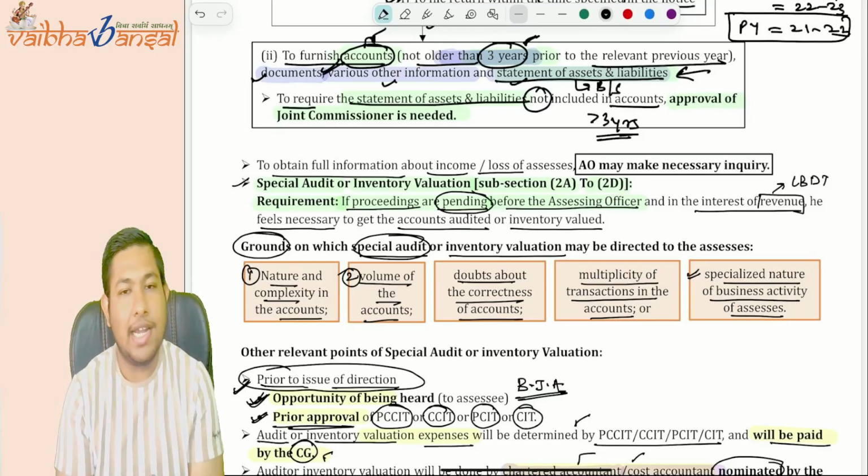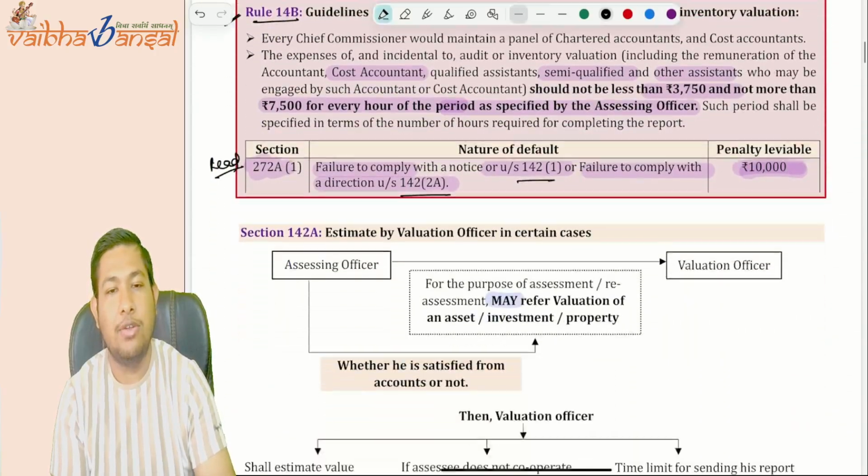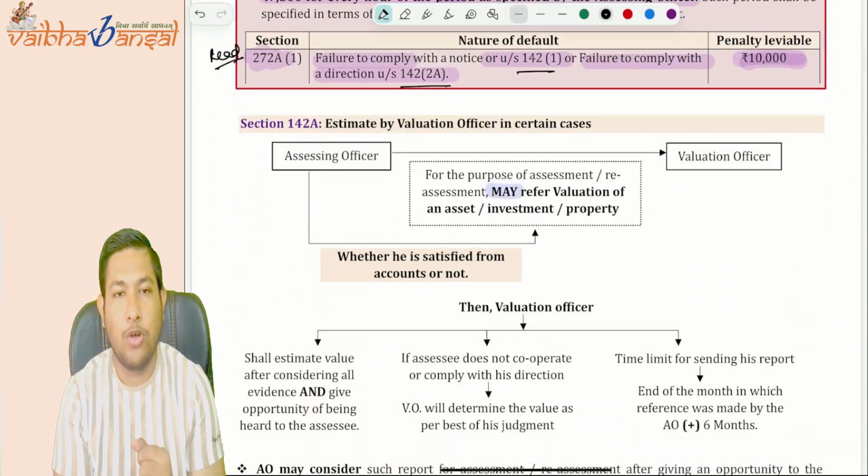So what they are asking in section 142A,